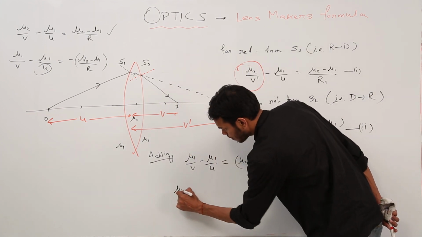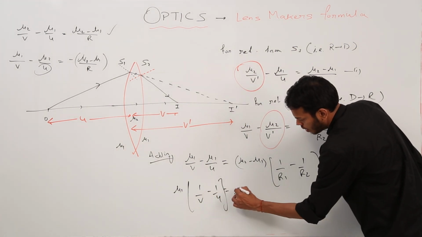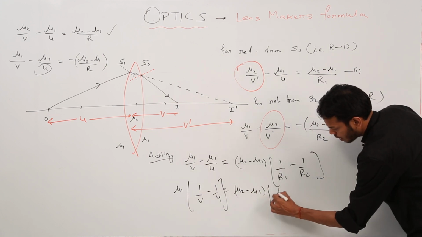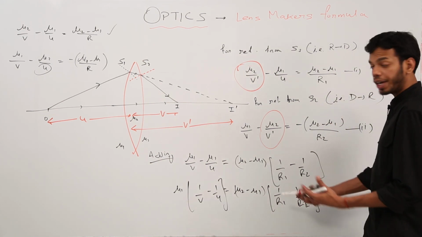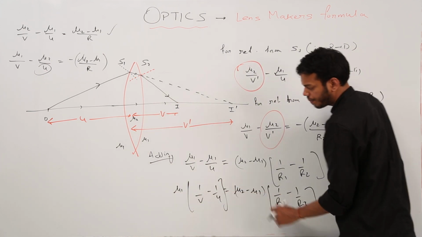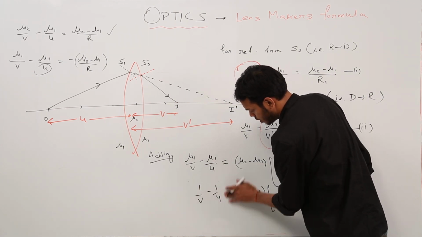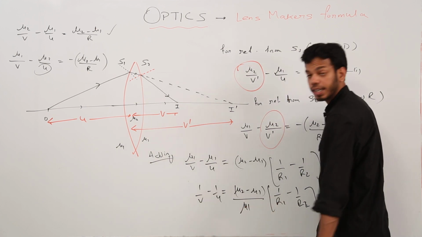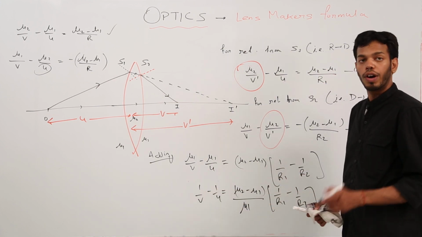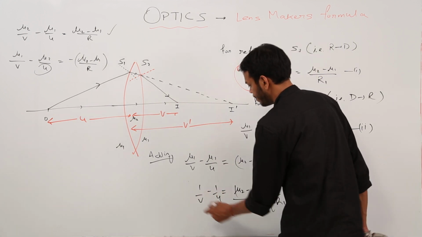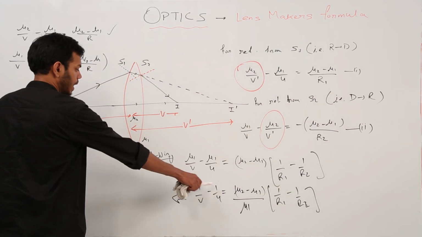Take mu1 common, 1 upon v minus 1 upon u is equal to mu2 minus mu1, 1 upon r1 minus 1 upon r2. What else? I am bringing this mu1 down here. I can remove the brackets also now. So this is the term which we are left with. What is this, by the way, from the lens formula? From the lens formula, this is equal to 1 upon f. So instead of this, I don't want to rub this out right now, so take this whole thing. I am writing this whole thing here. This is 1 upon f,